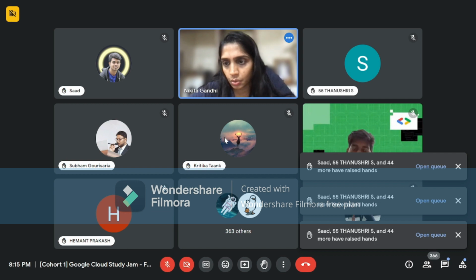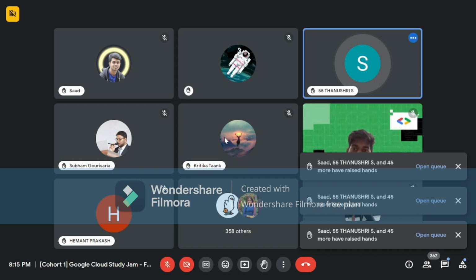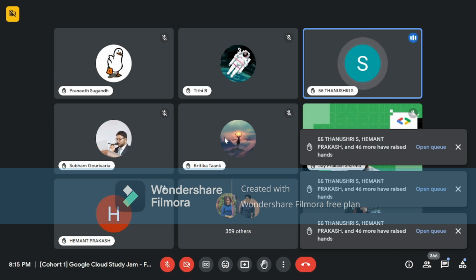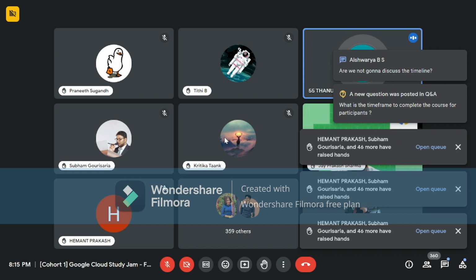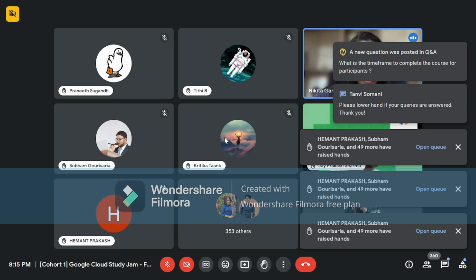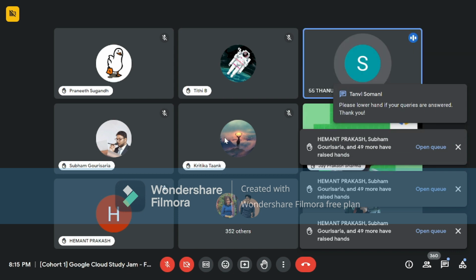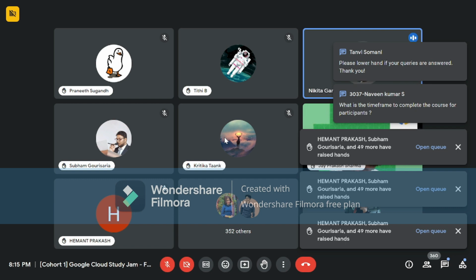Okay, Thanushri. Ma'am, I know it's the same question, but you said it can be created after 28th of August. But then in the meet, you said we have to create a Skill Boost account today, right? So which should we follow? Because in the PPT, I saw that the Skill Boost account can be created after 28th of August, but today it was... I'm sorry about the mistake on the slide. Today, 29th of August. Okay, fine, ma'am. Okay, thank you. No worries.